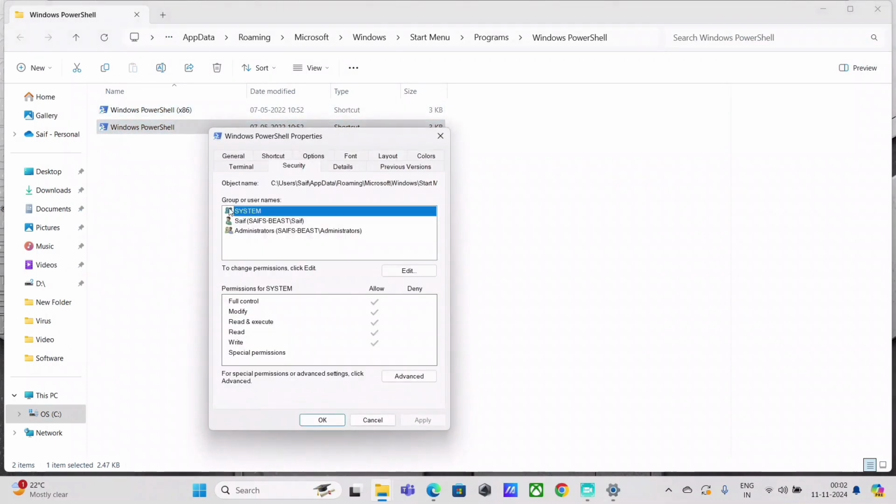Basically, my intention is to tell you about any account that is not native to you, or if you are unaware of any other accounts. Apart from any non-administrative account, just remove the full control, modify, and write permissions. Just give read permissions alone, not full control. Basically, we need to remove the full control, modify, read and execute, and write permissions. So only give the read permissions to those non-administrative accounts,